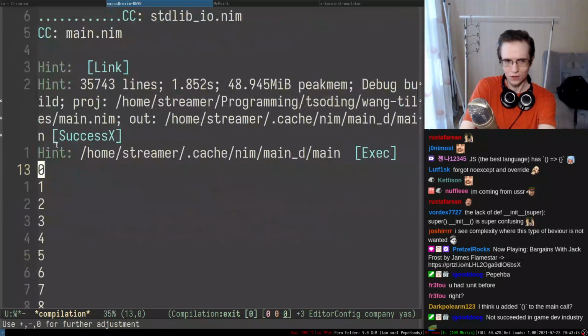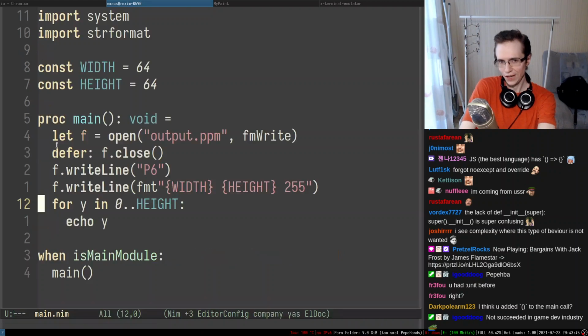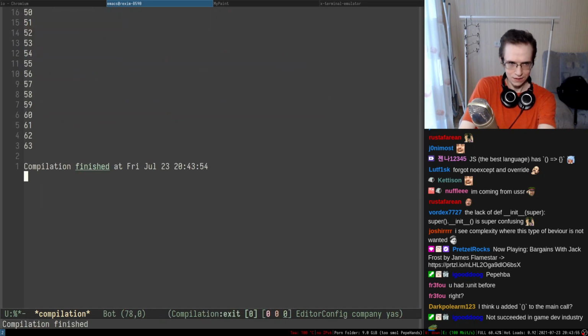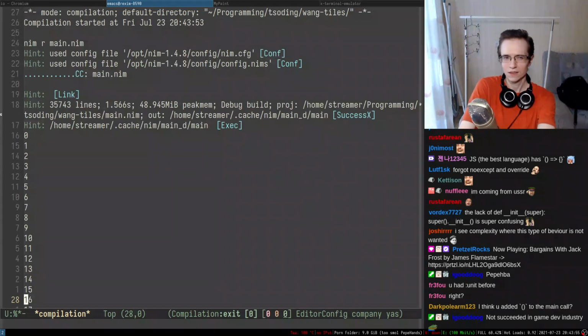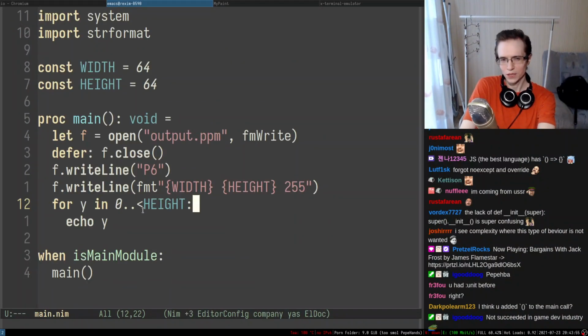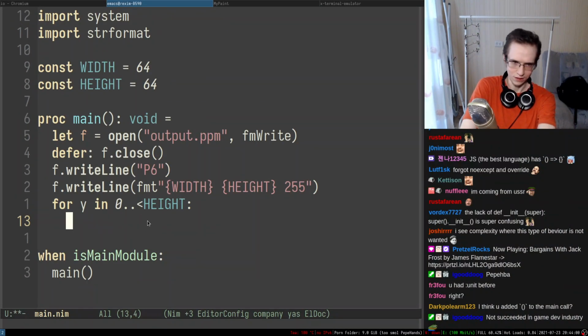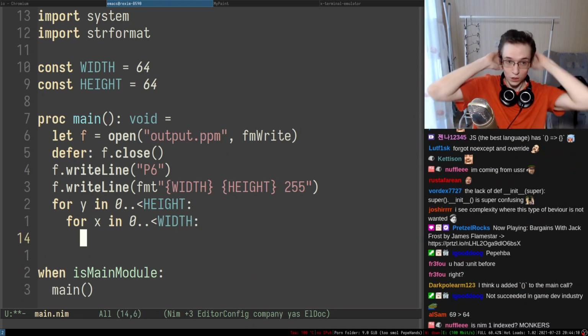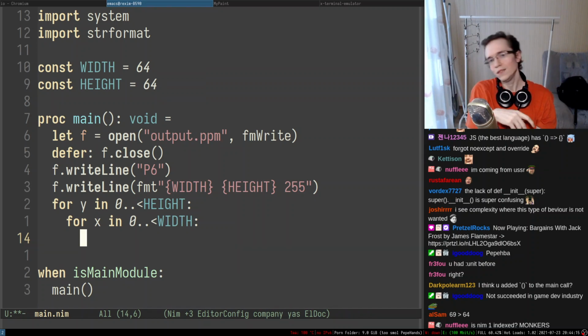You see, it has 0 at the beginning and 64 at the end. So I think you have to do it like that to indicate that you don't want the last element. It's almost like in Rust, I think. No, in Rust it's actually by default like that, but in here you have to do it like that, which is pretty convenient. Okay, so we're iterating by rows, and then we're gonna be iterating the columns, right? So here we go, we are iterating the columns. And for each column we can print probably...